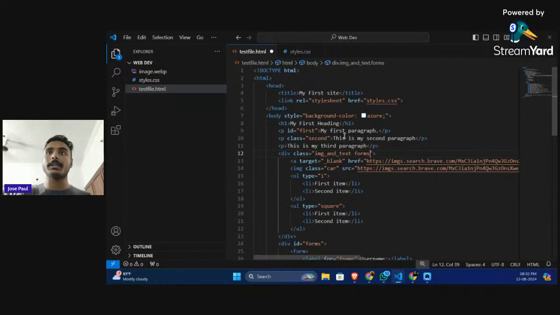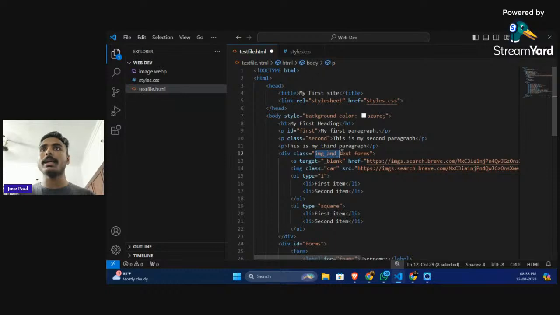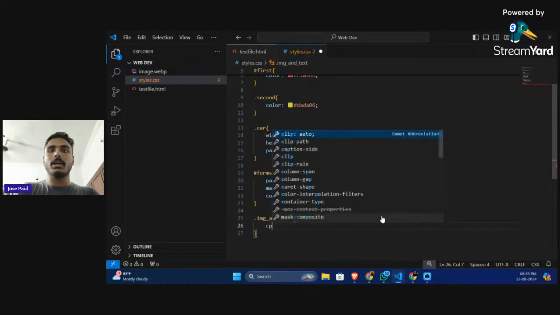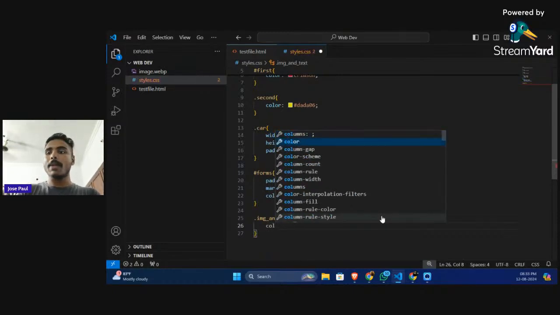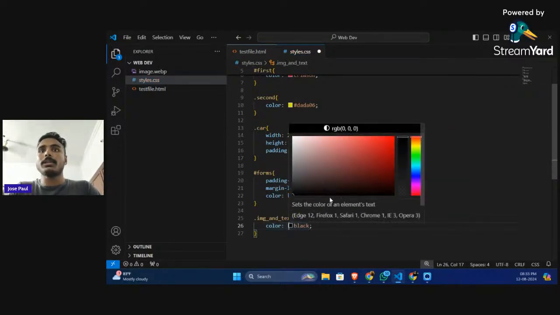So I can tap into the image and text class with the help of my style sheet and change the color. I'm just taking color because it's the most easily accessible example. So I'm changing the color to some